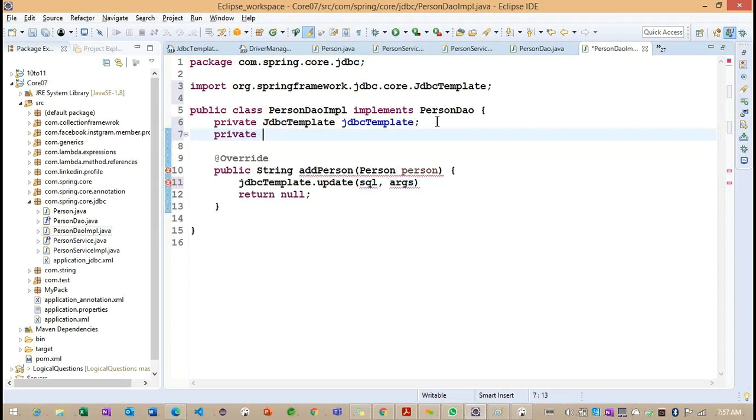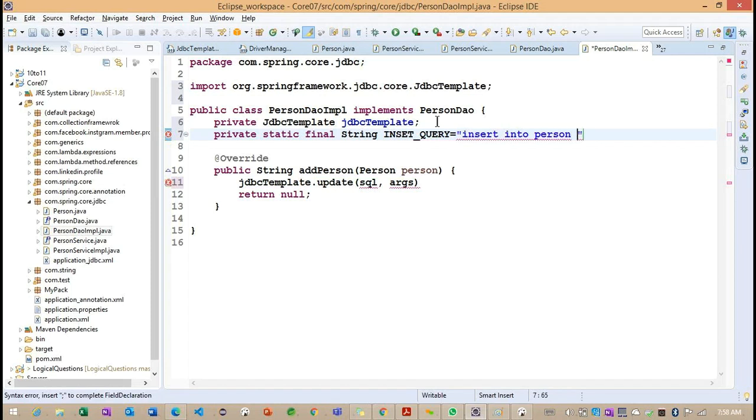Observe here: private final String insert query, insert into person. Getting the point. Insert into person here.